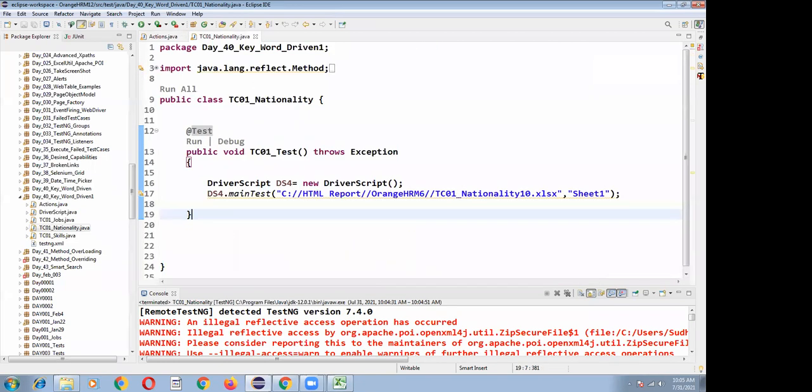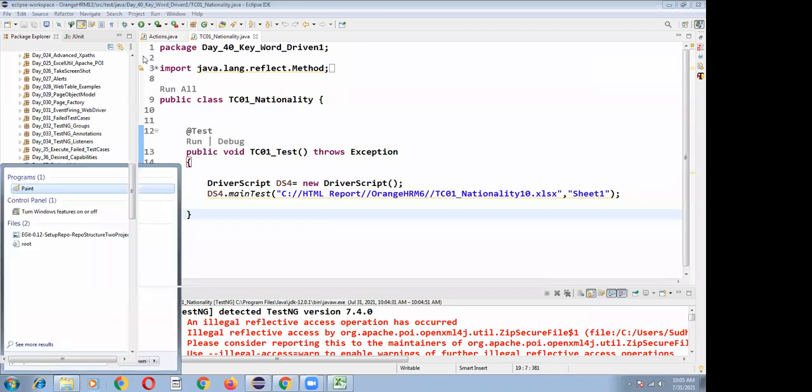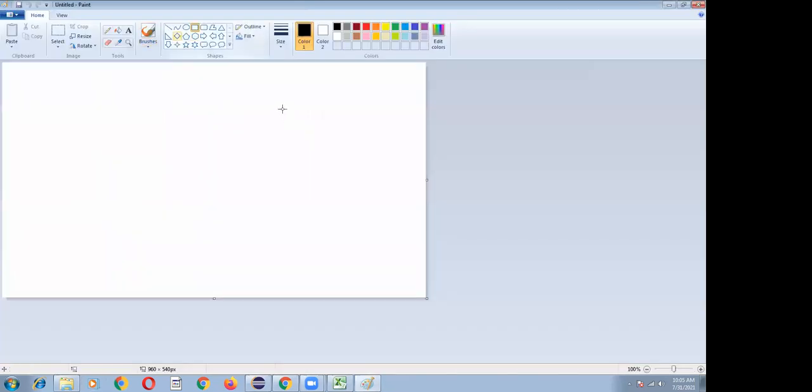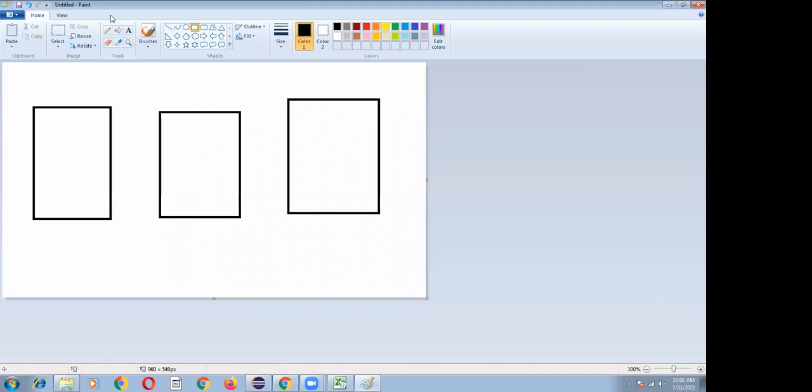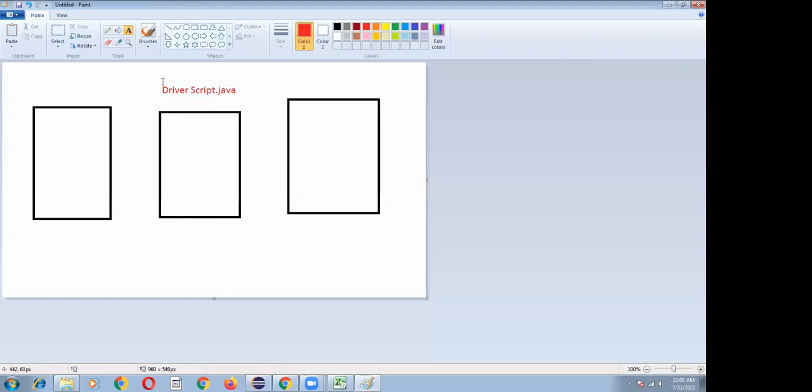Here I want to tell you an important point. This is driverscript.java.